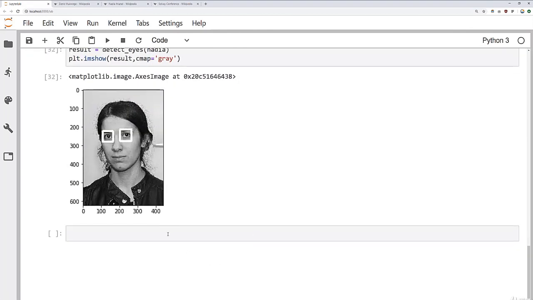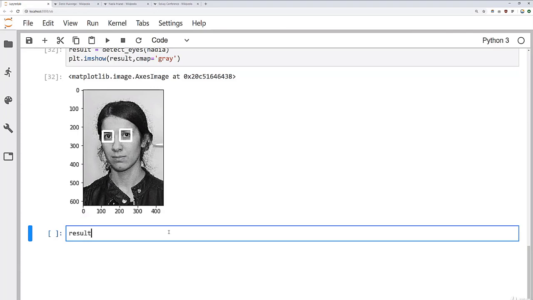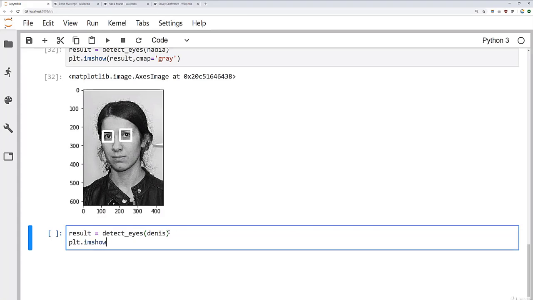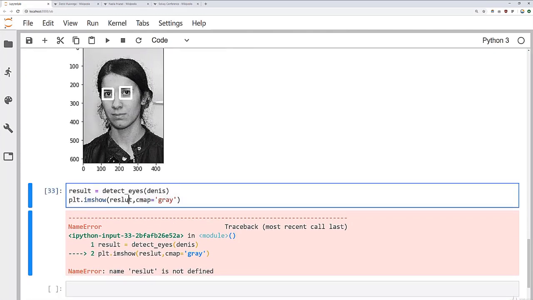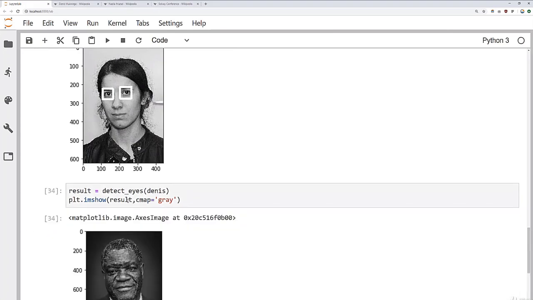when we search Dennis's face for eyes. We'll say result is equal to detect eyes on Dennis, and then I'm going to say plt.imshow(result, cmap='gray'). And what happens is, whoops, let me spell that right, result, you don't get any rectangles